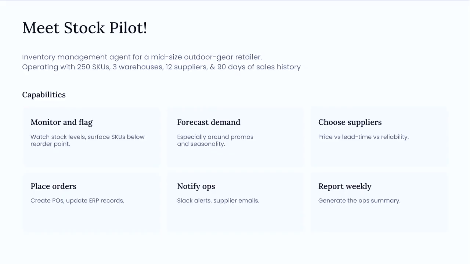It can flag low levels of stock. It can forecast demand. It can pick suppliers. It can file POs. And ultimately, it can write weekly reports for the employees of this retailer. Now, none of these capabilities are particularly complex on their own, but again, the issue is that we've essentially bolted